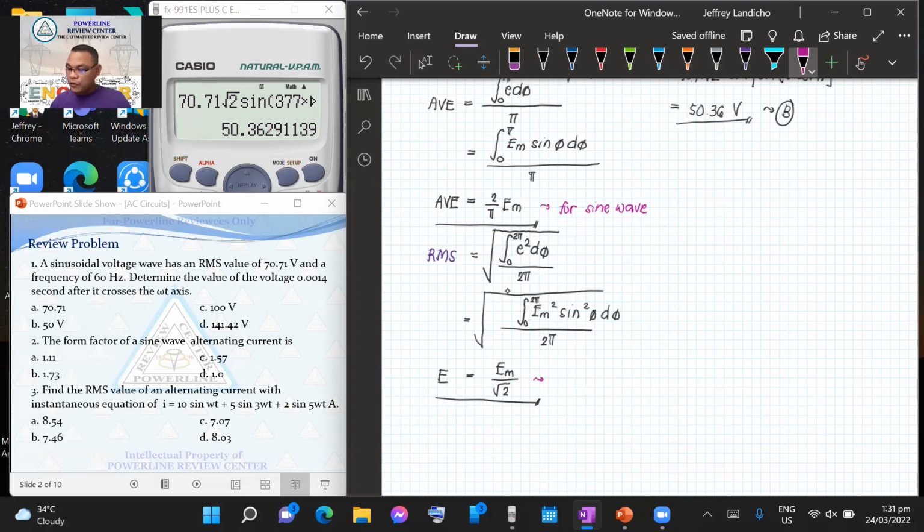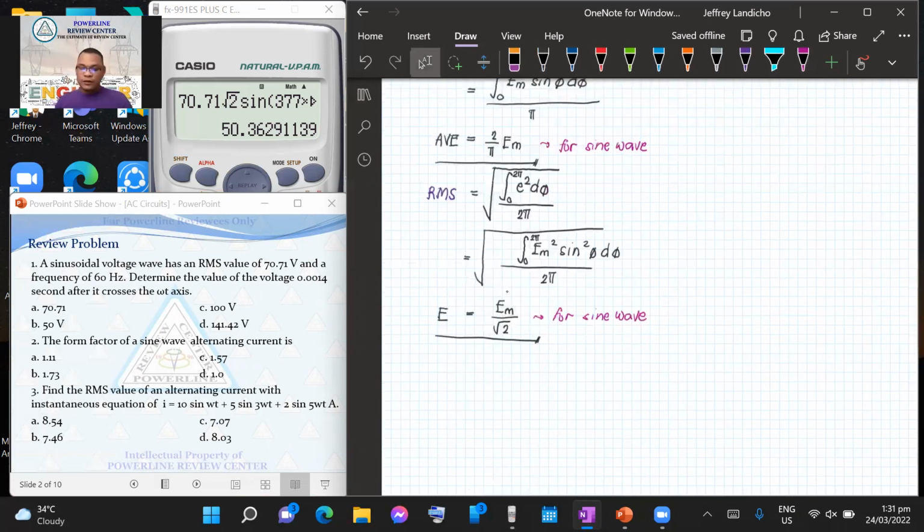So pag binago yung waveform, iba na ang kanyang average, iba na rin yung kanyang RMS value. Okay, so iwanan ko si number 1, number 2. So sino si number 2, no? Number 2 is form factor. Sino ba yung form factor na yan? So to get your form factor,